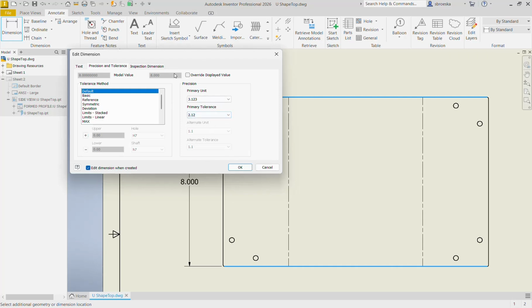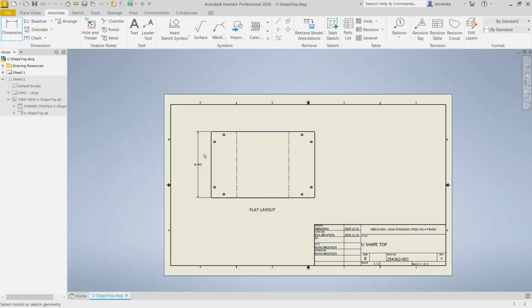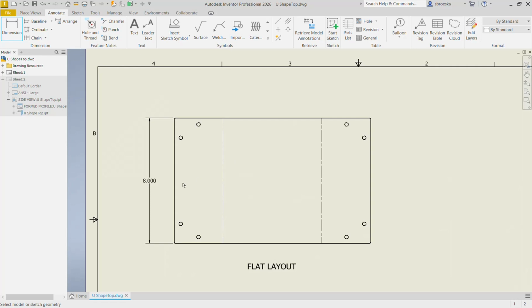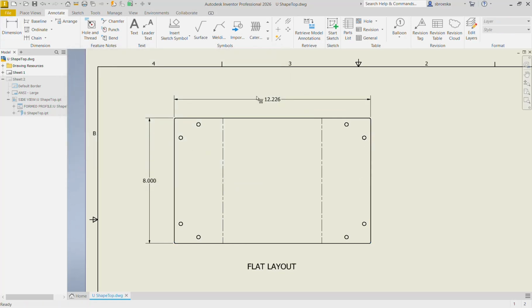Okay, you can see that the tolerance has been set to 2 decimals and the primary unit is set to 3 decimal places. When you start, it's probably showing just 2 decimal places. Here, I'll make this dimension as well. That's okay. Okay, so to change those dimensions here,